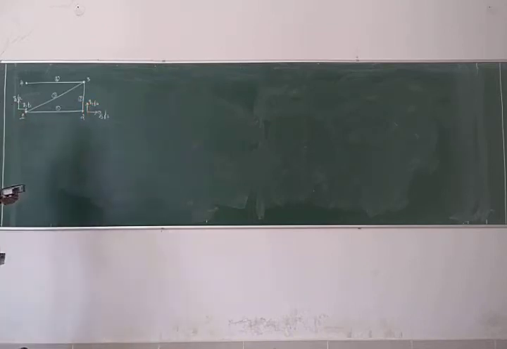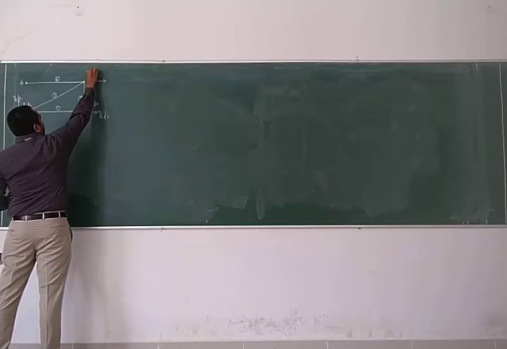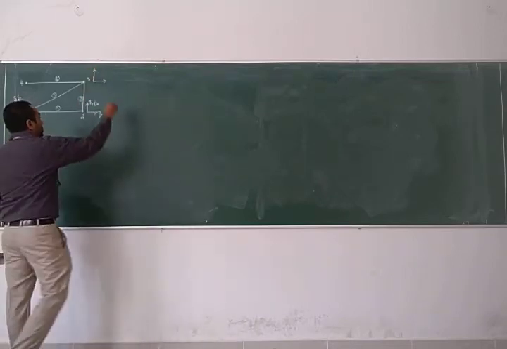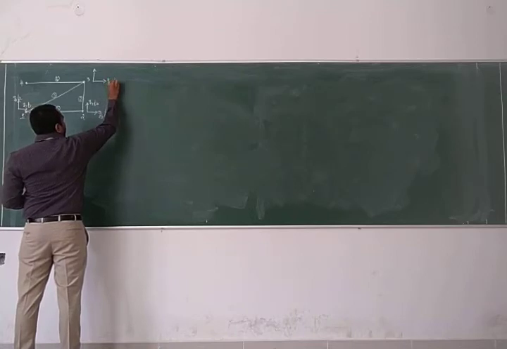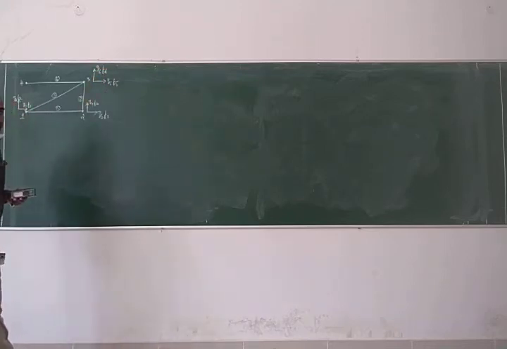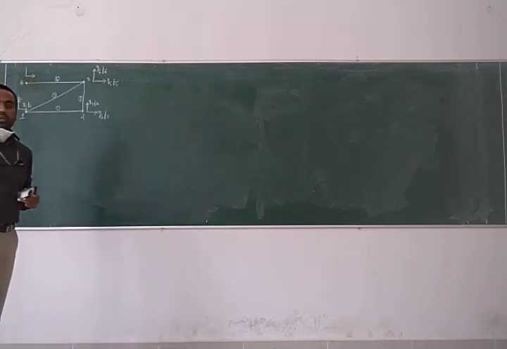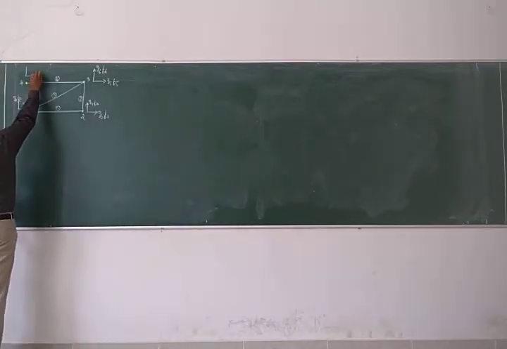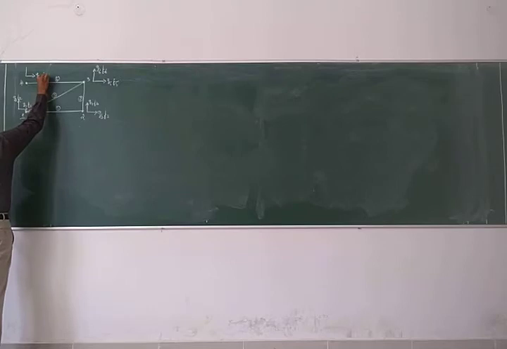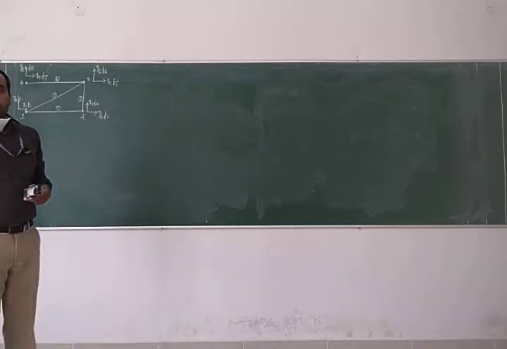F4. And at node 3, 2j minus 1 along x direction, 2 into 3, 6 minus 1 is 5, q5, F5, q6, F6 along y direction. Finally, at fourth node, displacement along x direction is given by 2 into 4 minus 1, q7 and F7, q8 and F8 along y direction. So these are the different displacements.